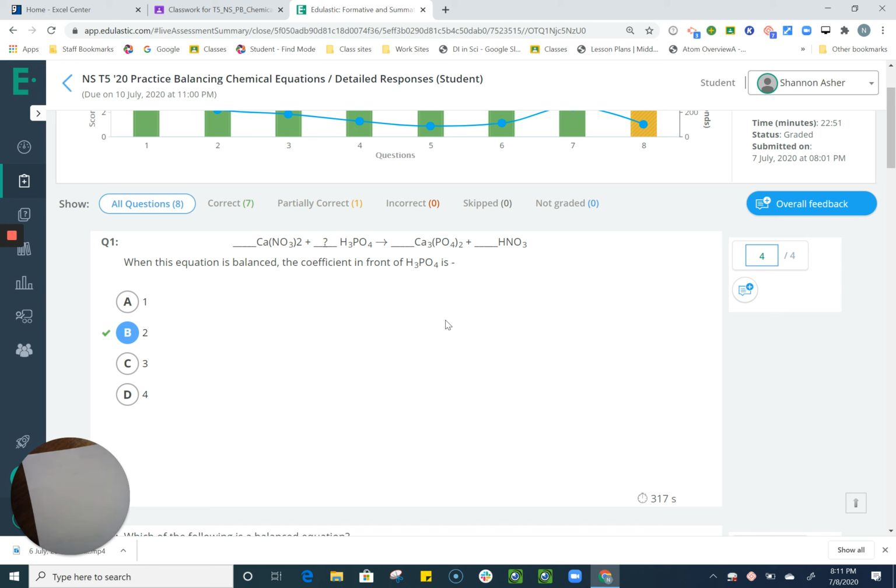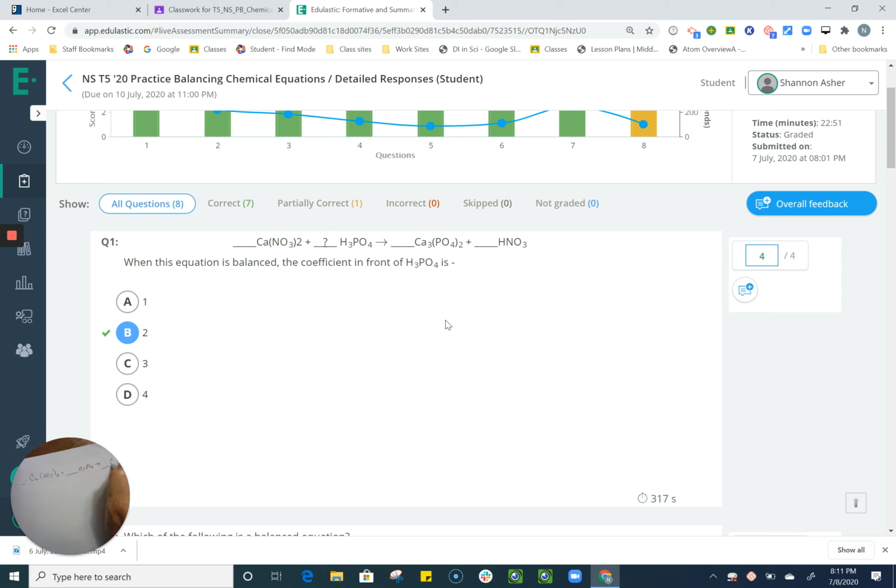So, when this equation is balanced, the coefficient in front of H3PO4 is. So what this looks like, let me write it down, then I'll make it larger for you to see, because I need to see the original one. CaNO3, that big 2 should be a subscript 2. Put a line in front, so I know I'm going to have to put a coefficient. H3PO4